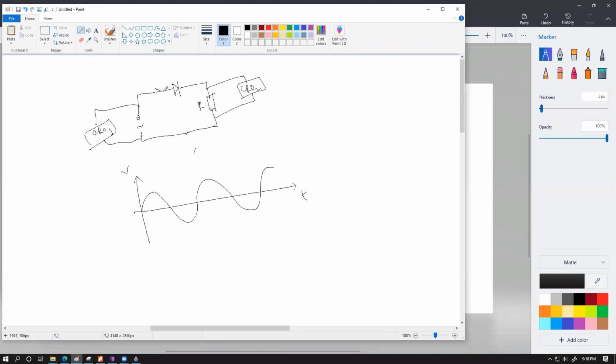Whenever current is going to try to go this way, this current will be allowed to pass. Whenever current is going to go this way, this current will not be allowed to pass, because that's how diodes work. Which means voltage in one direction will be allowed properly. Voltage in the reverse direction will be stopped completely. So allowed, stopped, allowed, stopped. Because the way a diode works, in the forward bias, it has zero resistance, 0 ohm. In the reverse bias, I'm talking about an ideal diode, not a practical diode, an ideal diode has infinite resistance. In the forward bias, it works like a closed switch. In the reverse bias, it works like an open switch.